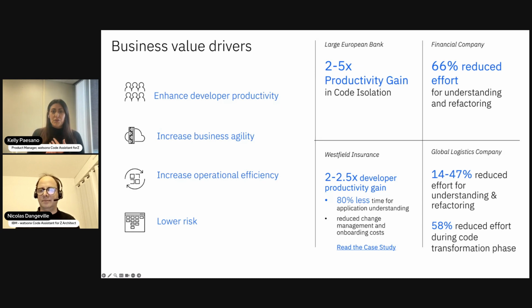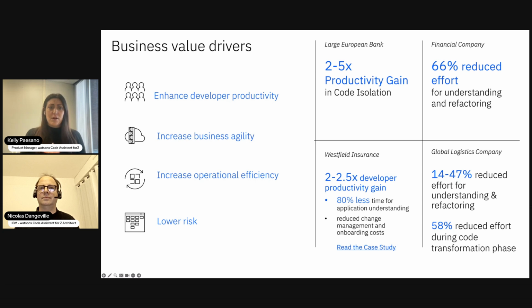So here are just a few examples of the savings that our clients are realizing with watsonx Code Assistant for Z. You'll see on the top, 2 to 5x productivity gain in code isolation, leveraging understanding and refactoring. We'll see from a financial company, 66% reduced effort for understanding and refactoring.